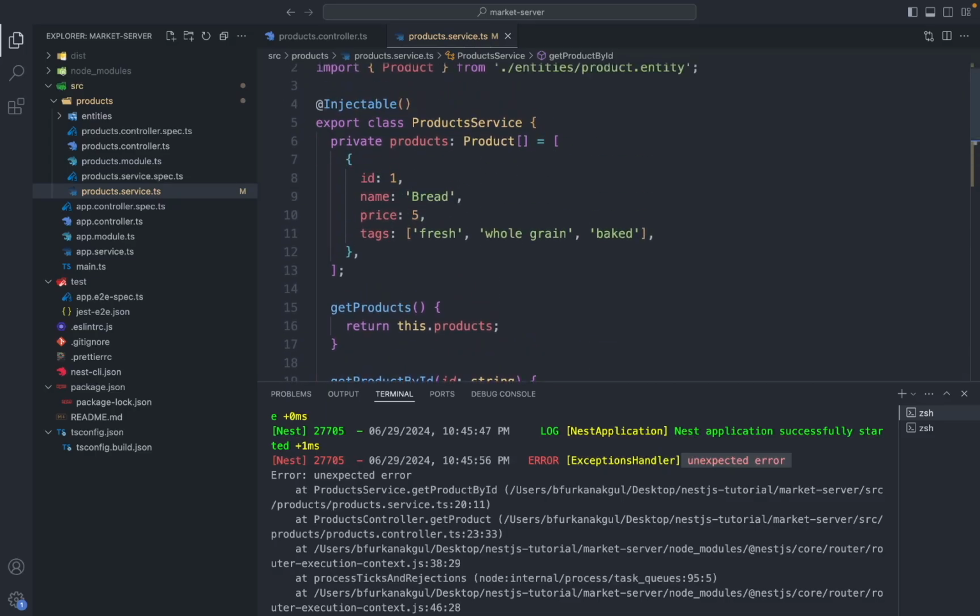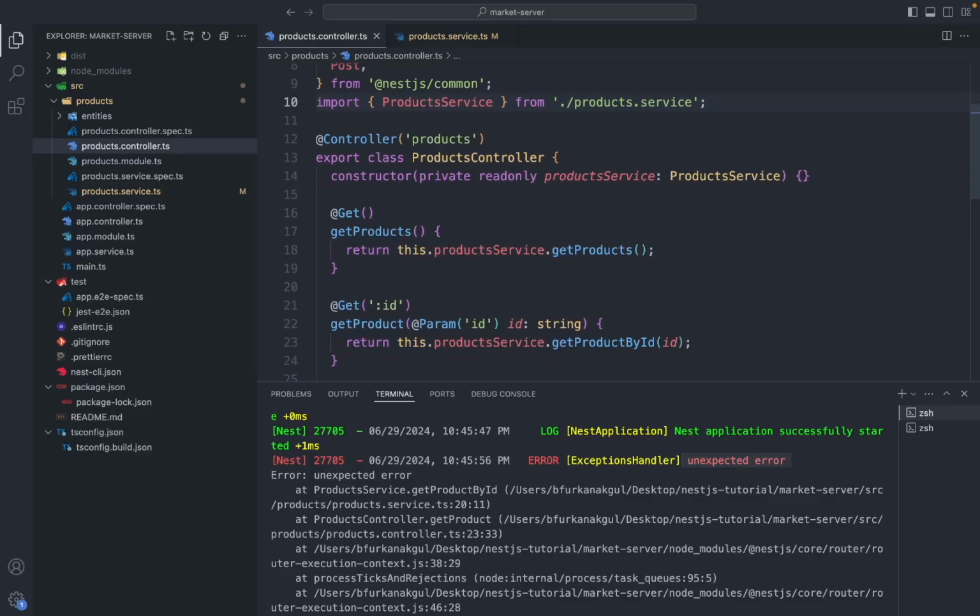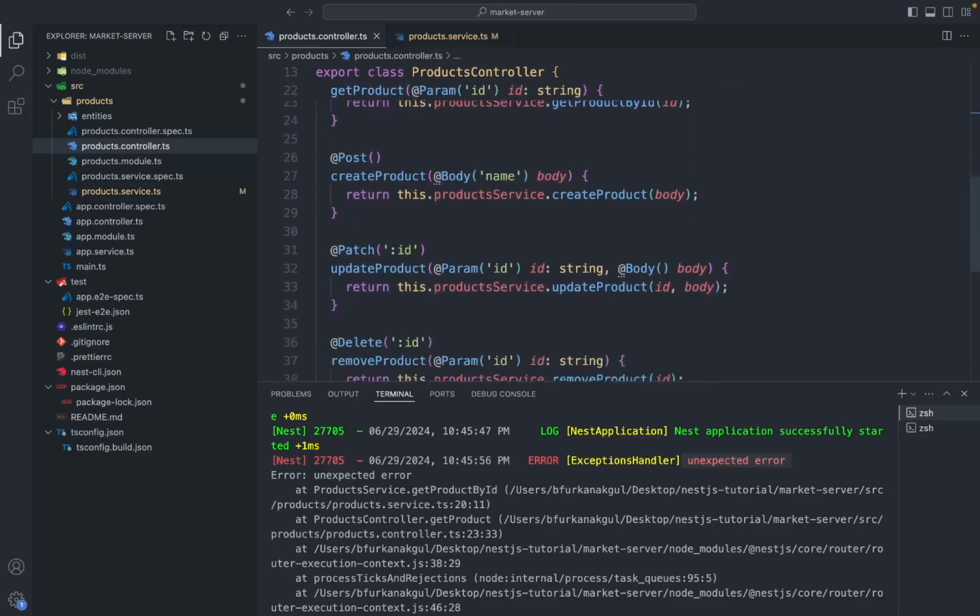Now let's talk about data transfer objects or DTOs. Think of DTOs as a way to package data and send it from one part of our application to another or send it between systems. They help us define what our input and output data should look like. For example, with our post request, DTOs let us define the structure of the incoming request body,